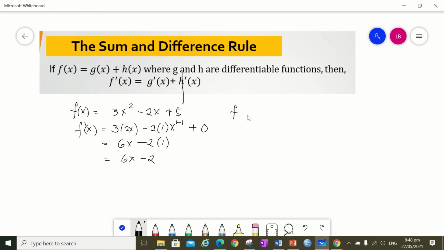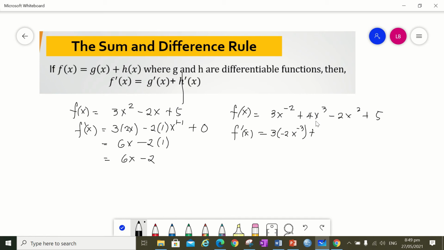So if we have another f of x equal to 3x raised to negative 2 plus 4x cubed minus 2x squared plus 5, let's find the derivative of this. So we have 3 times negative 2x raised to negative 3, since we have minus 1 here,